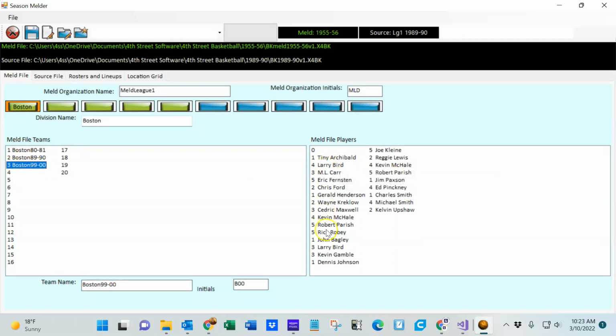Alright, and this is the entire list of players here. So Bird will be listed twice. There's probably a few other guys too. I didn't really look at it that closely. Okay, not a problem. The program will handle that. Okay,